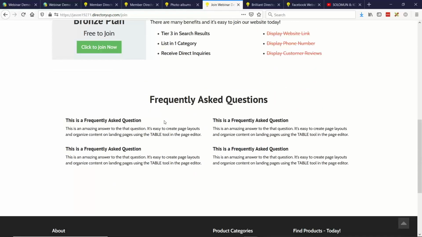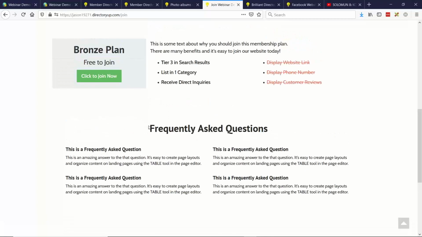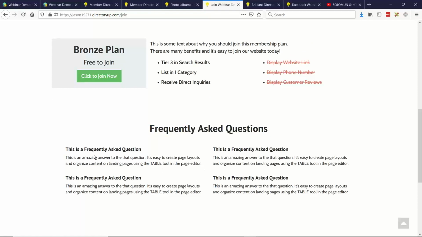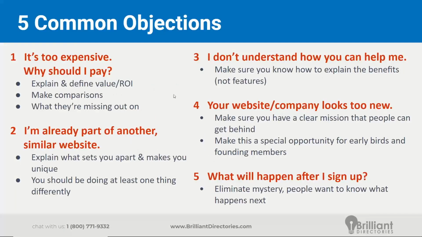You don't want this to be too long. Anywhere from 4 to 8 questions might be reasonable. But the frequently asked questions should pose the questions in ways that cover some of these topics here. Is it too expensive? So you should say what you get after paying and signing up. What do I get with my plan? What sets your website apart? And then you should have all these things explained, and why not put them on the actual page where people may have frequently asked questions, so you can address those objections and have rebuttals to them right here on the page. That's all I have to add about this, David.